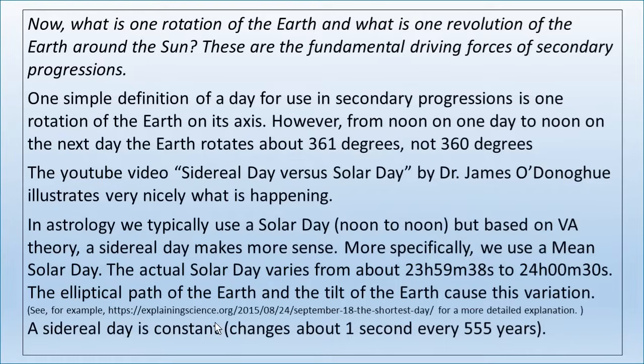So we don't have to worry about whether we should use the actual length of the day or the average. That is an issue if you're using the solar day. With the sidereal day, it's not an issue because the Earth spins on its axis at an extremely constant speed. It changes about 1 second every 500 to 600 years. That's a rough estimate. Astronomers actually don't know exactly, but somewhere in the range of 500 to 600 years, a